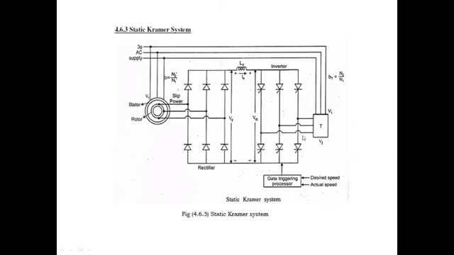If maximum slip is denoted by S max, then the power rating of the diode bridge, inverter and transformer can be just adjusted by n number of times. Drive is started by resistance control with S1 closed and S2 open. When the speed reaches the control range of the drive, S2 is closed to connect the diode bridge, and the inverter is activated. Now S1 is opened to remove the resistance.